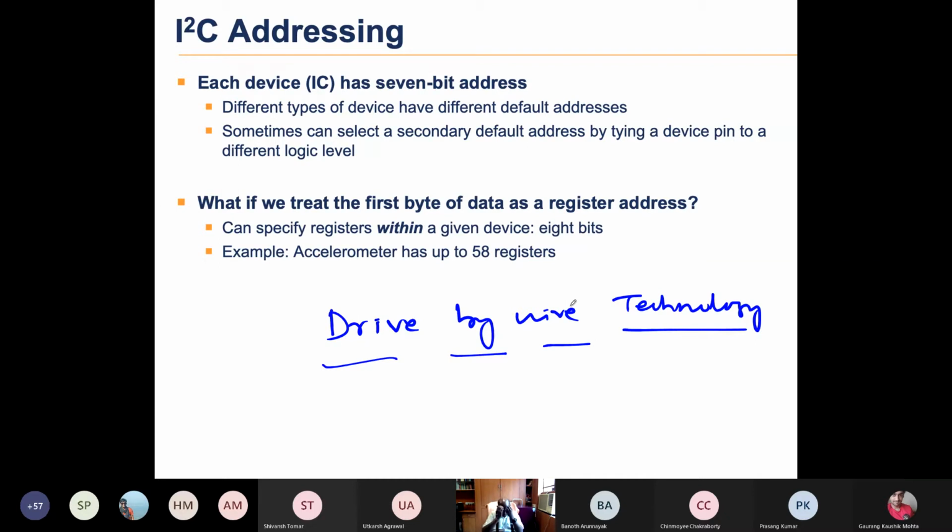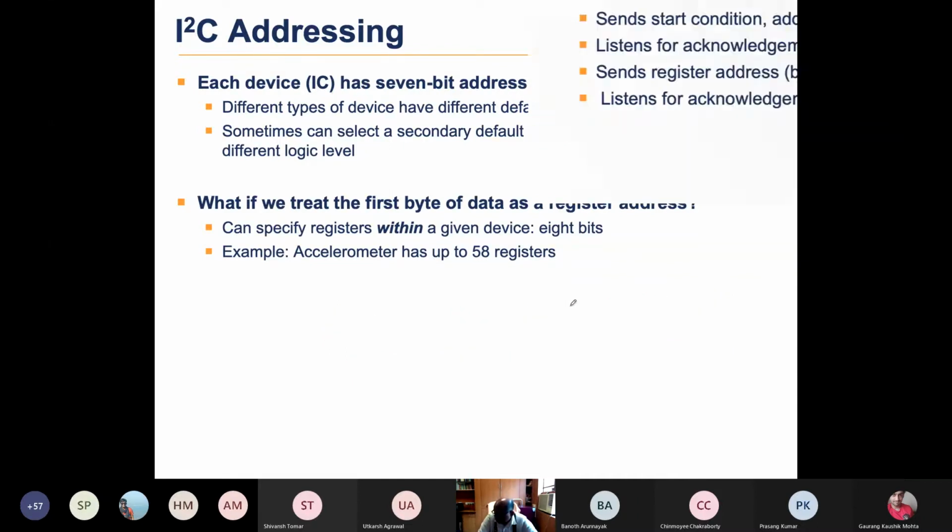It is all wired and electronically controlled. All are electronic clutches, electronic gears, automatic. These are called drive-by-wire technology. The steering is also drive-by-wire. Though it is there, you don't have to give any effort. It automatically does it by drive-by-wire technology. So this is about I2C.